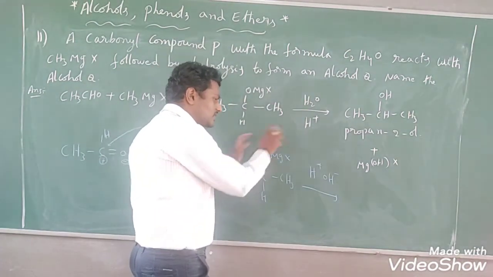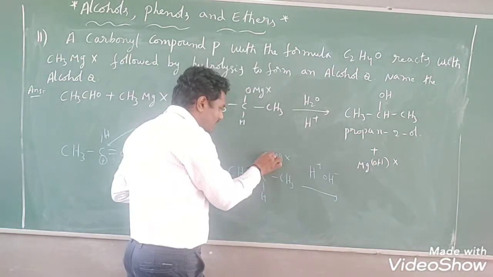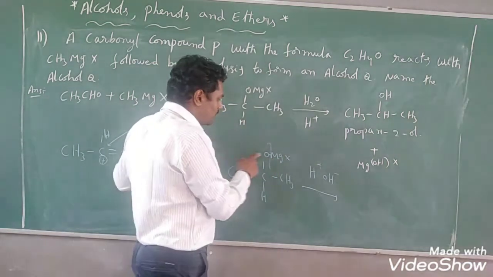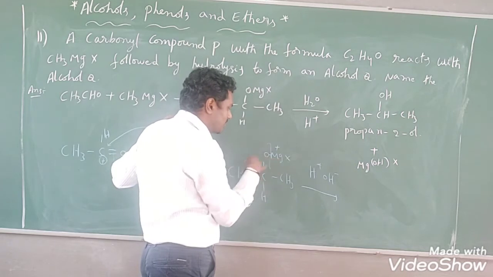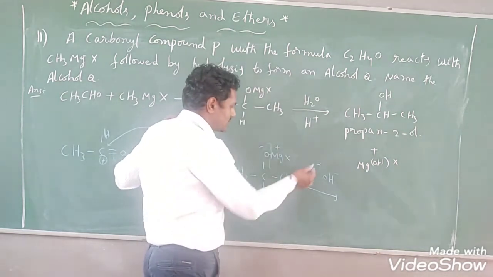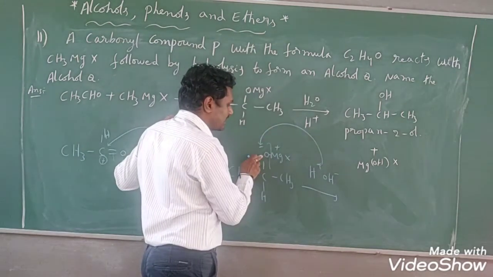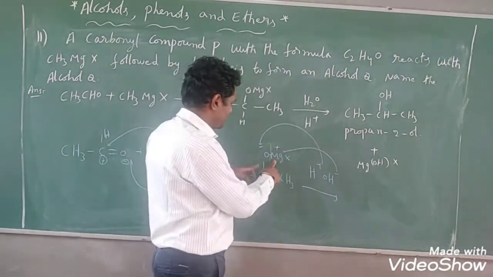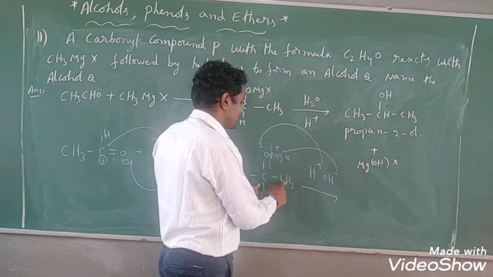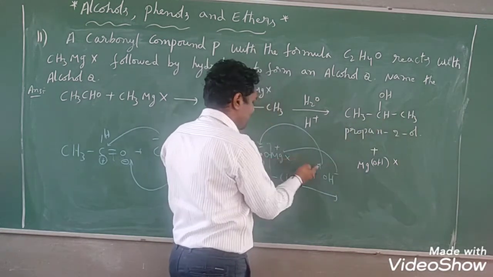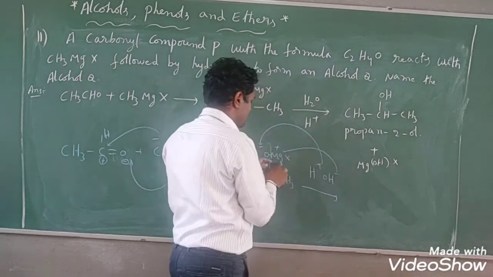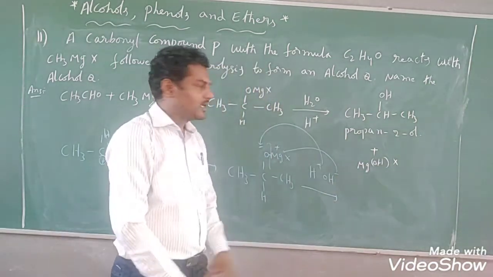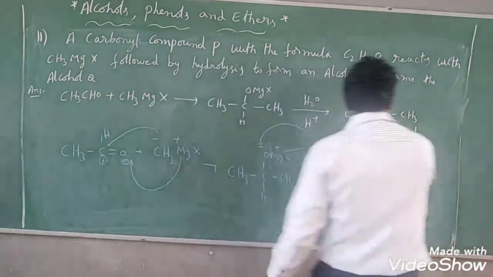Whenever we dissolve this compound in water, the bond breaks between oxygen and the metal atom, that is magnesium. Whenever the bond breaks between oxygen and the metal, the metal gets a positive charge and oxygen gets a negative charge. So the positively charged hydrogen will attack the negatively charged oxygen, and the negatively charged OH minus will attack the positively charged magnesium. Then CH3, CH3 as it is written, on oxygen H plus is attached, so we have OH. This Mg is attached by OH, so MgOHX we have got as a byproduct. So this is the alcohol, a secondary alcohol, right?